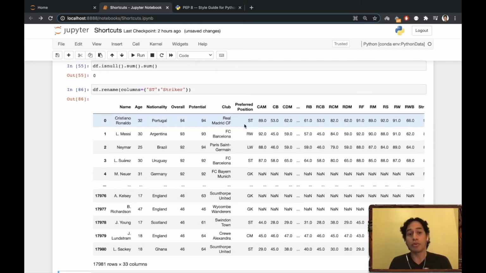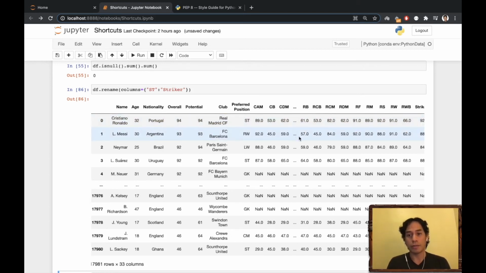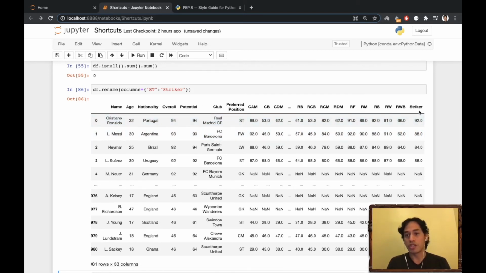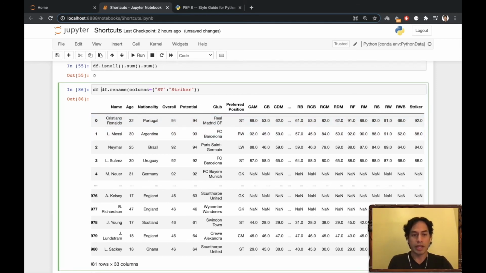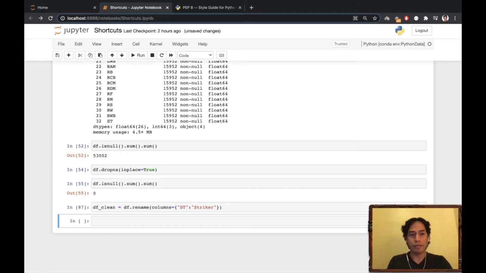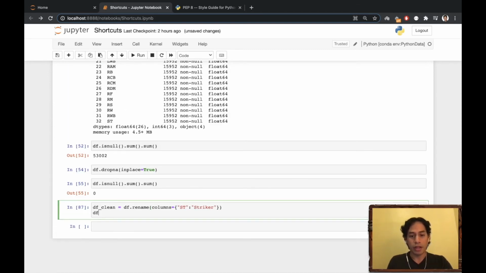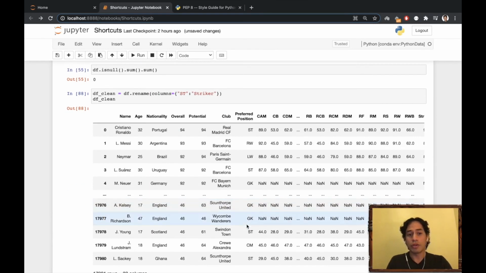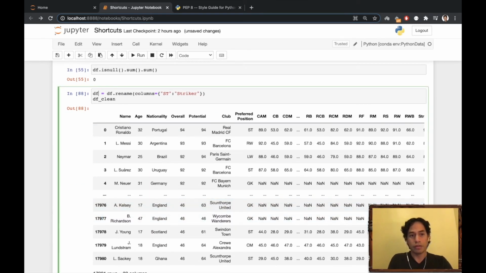Again, if you see output, nothing has changed. But I want to see if this is exactly what I wanted. My st changed to a striker. Perfect. So now I'm gonna assign this to a data frame, either itself or a new one. If you're gonna assign it to itself, make sure your code works first. We usually in the solutions assign it to a different data frame and then output it underneath, that's fine. But if you are going to assign it to itself, which is fine too,